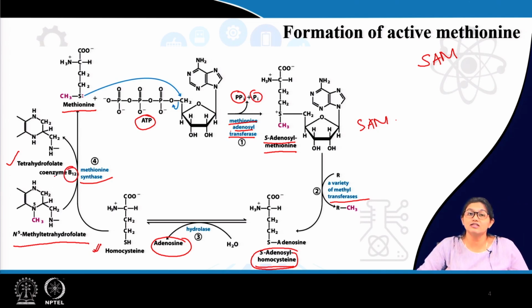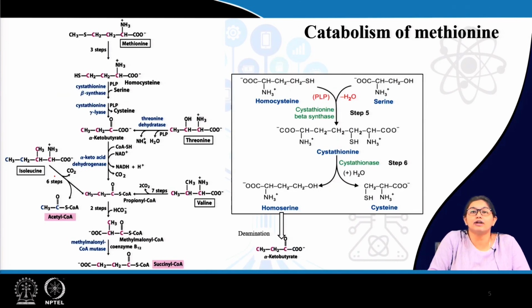So, here you can see while forming methionine, the methyl group donor is methyl tetrahydrofolate. But the active form of methionine, that is S-adenosyl methionine, is another methyl group donor, which is the activated methionine again. So, here you can see that homocysteine can be reutilized to form methionine,